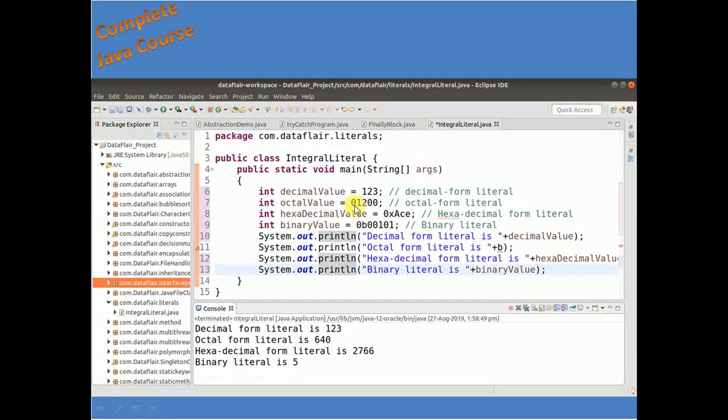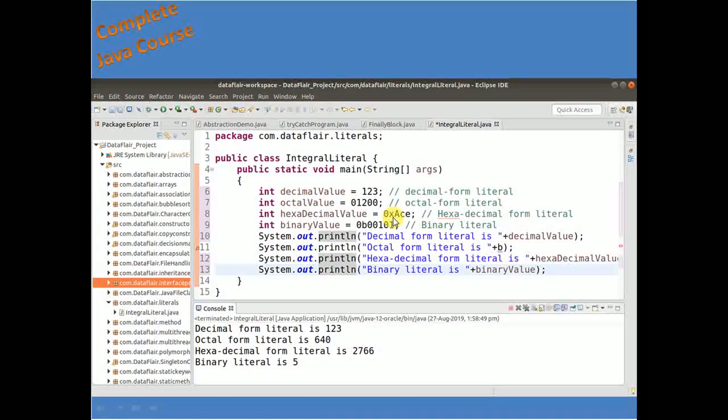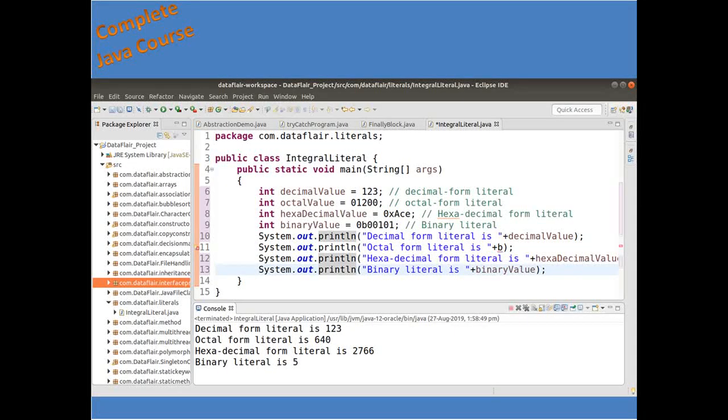If you convert this base 8 data into base 10, you will get 640. This is defined in base 16. If you convert this base 16 into base 10, you will get 2766. And this is the binary representation. The value of this binary literal is 5.